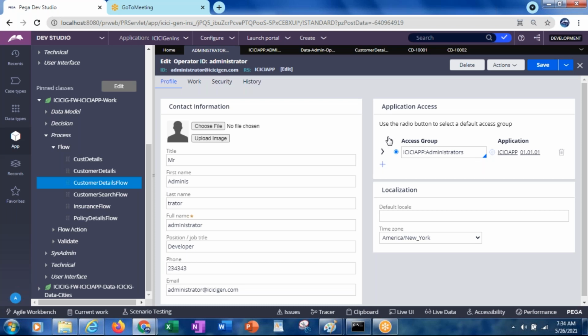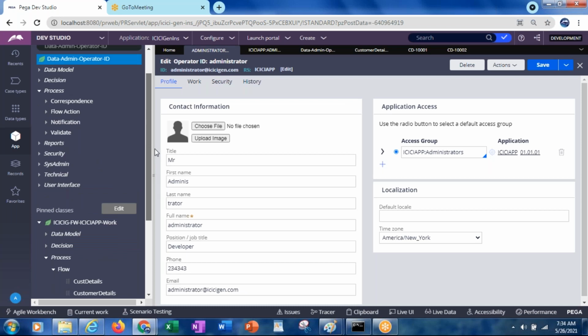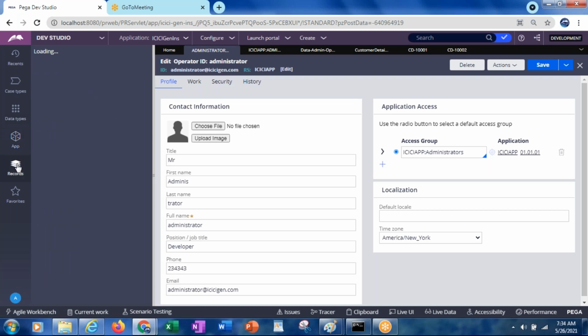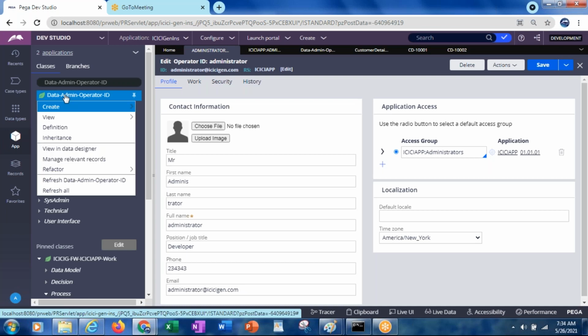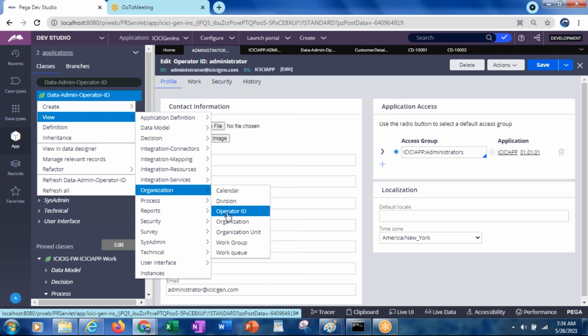Now I have shown you something called the manager access group, right? Manager at icicigen.com. So for example, let's open this. How exactly can we go to the view? Organization and operator ID.